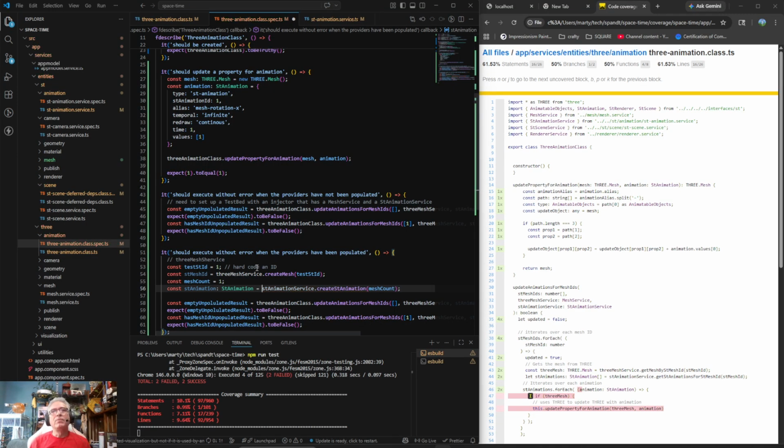So now we have an animation. Now, what is it supposed to do? Okay, so now I think we need to add this update property for the given mesh. Okay, so if the three mesh exists, which it should, because we called it, and if animations